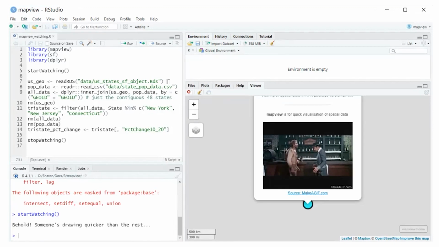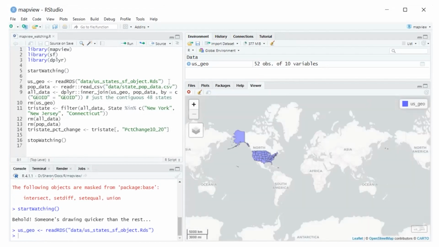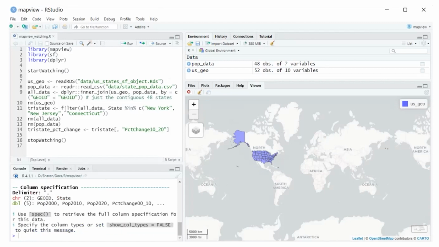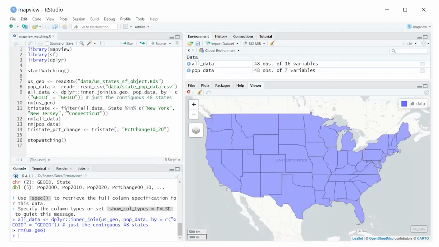All right, now let me load a geospatial object in here. And you'll see it's automatically mapped. Now I'm going to do a join and remove the initial data. And you'll see that it's just showing the data with the 48 contiguous states.